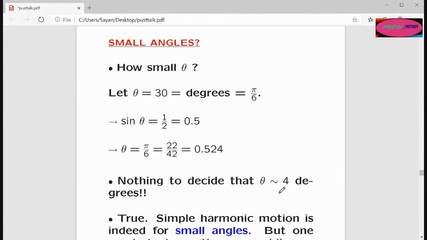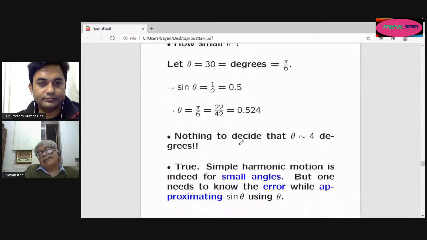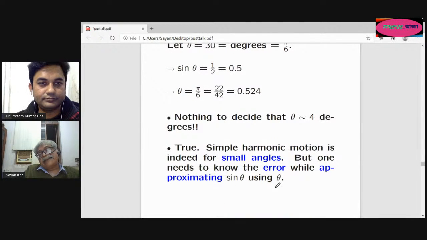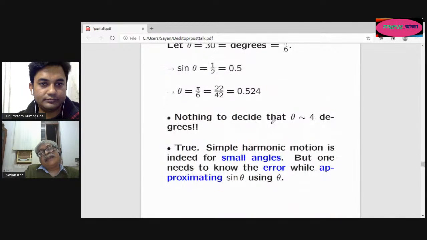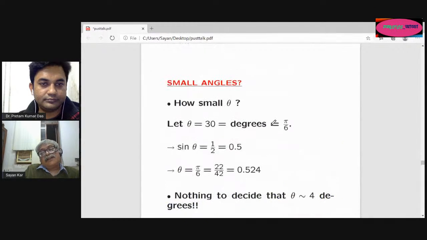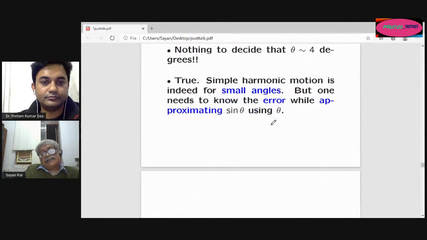So this myth about theta 4 degrees is probably just empirical. If you give a large amplitude initially, then of course it can sway and wobble and so on. That's probably the reason why people say that you give small angles, but mathematically it's the error when you approximate sine theta with theta which has to be taken into account. So that's a little statement about the small theta approximation and pendular motion.